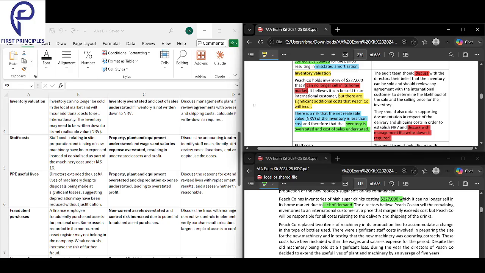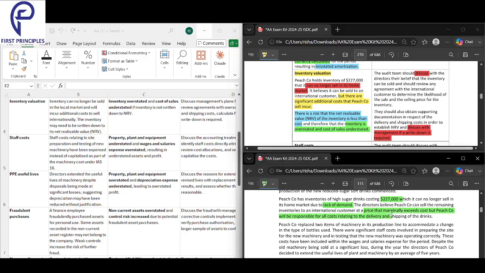So though they are trying to sell it at an excess, because there are so many more costs involved, more than the selling price, costs like delivery and shipping will reduce your NRV below cost. So they're trying to sell it at an excess, but because of the extra expenses, their NRV will be below cost. Correct, they're trying to sell it at an excess. To answer your direct question, the selling price is slightly in excess of cost. But the problem is that there are so many more expenses that the money left in hand after selling everything will be so low that it will not even cover the cost.